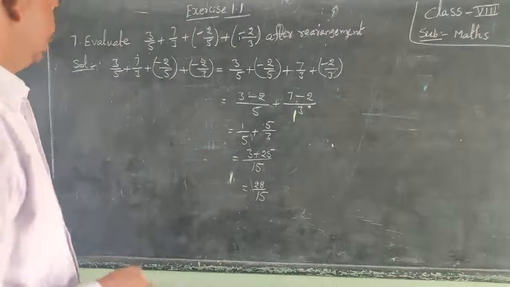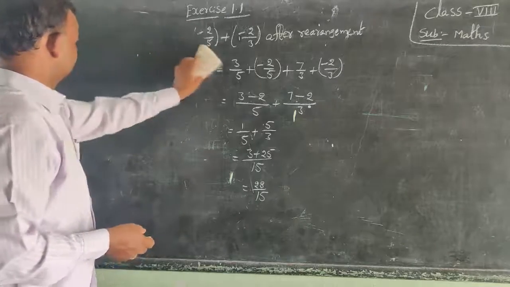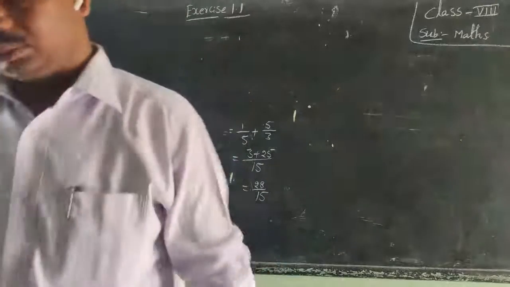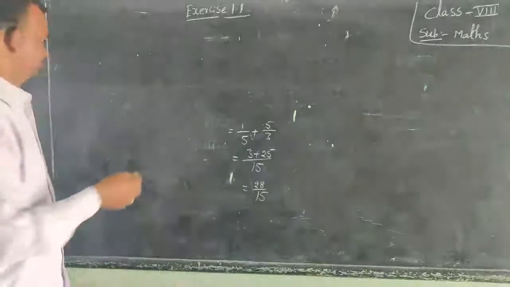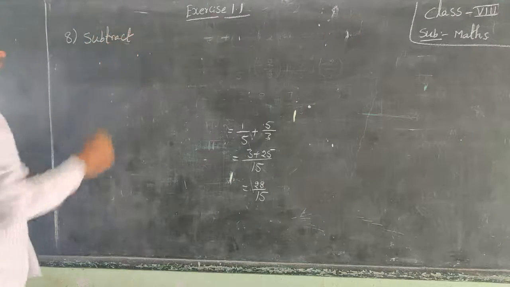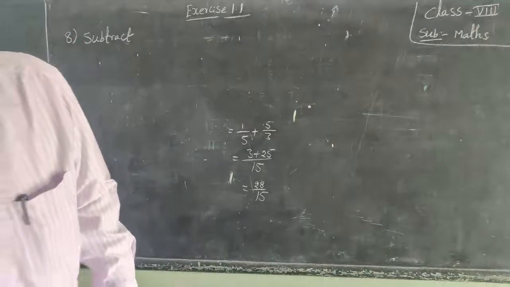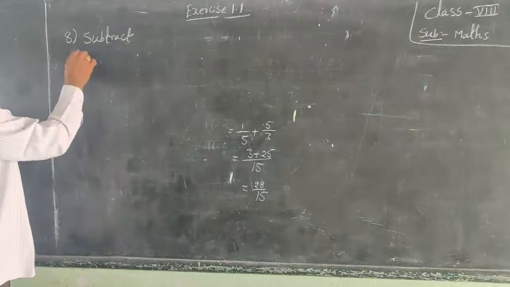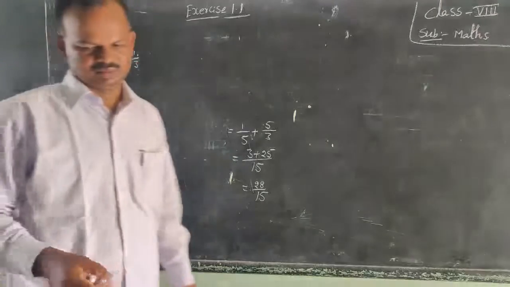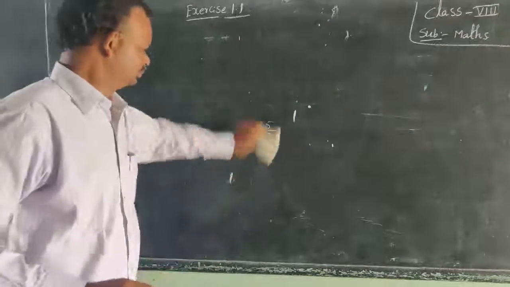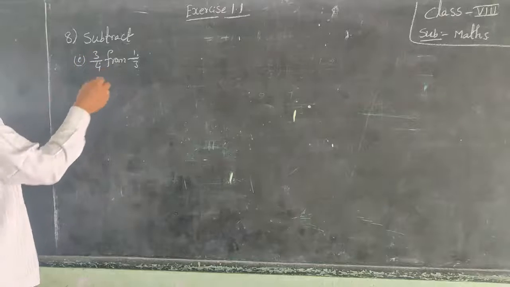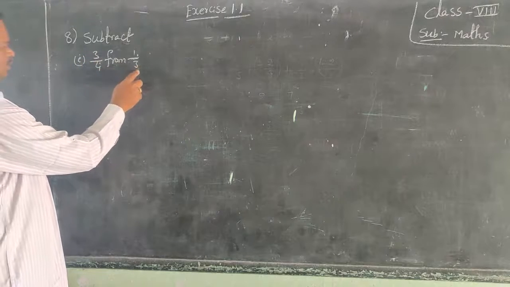And the eighth one. First one, 3 by 4 from 1 by 3. 3 by 4 is subtracted from 1 by 3. So the solution is